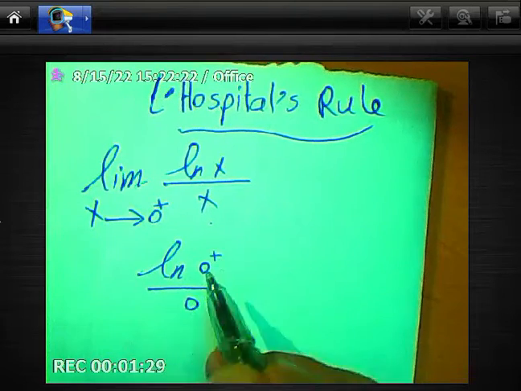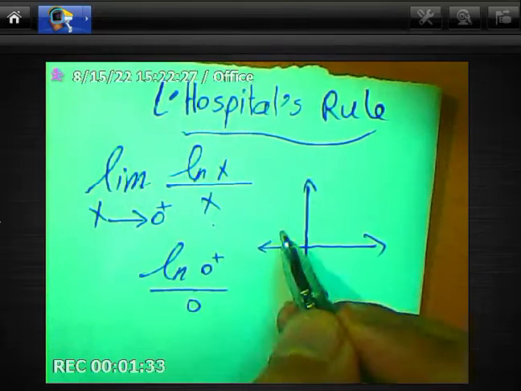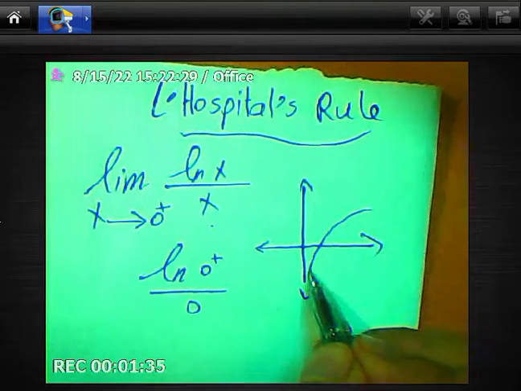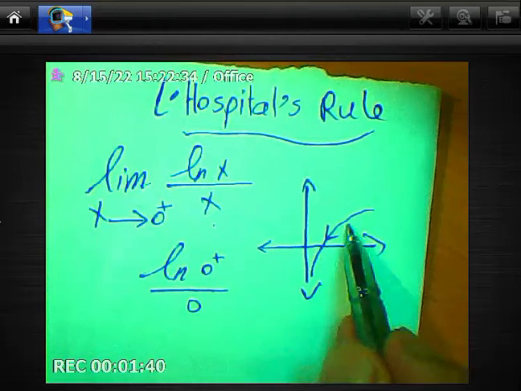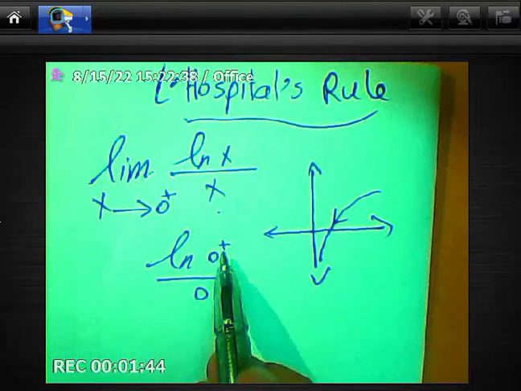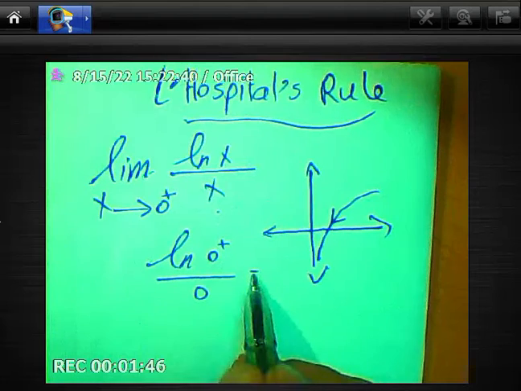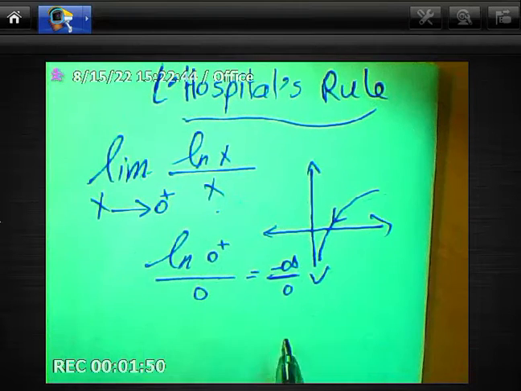0 positive. We can draw the curve of ln of x here. Ln of 0 positive, as we go from right hand side to left hand side, goes to negative infinity. So ln 0 positive will be negative infinity. We can write here negative infinity over 0. The result will be what? Equal negative